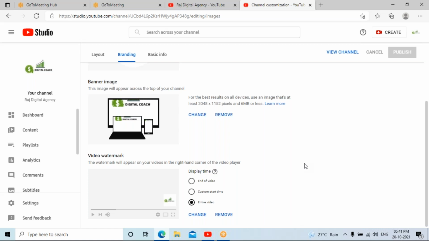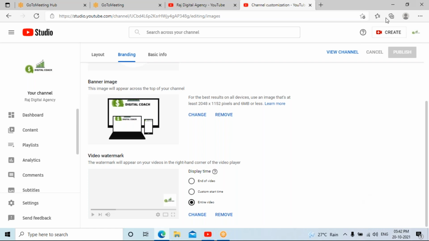And there is a feature called thumbnail, which we are going to discuss after creating the video and uploading it. Okay, so these are the benefits you will get. And also the YouTube live option will be available only if it is a verified account. These are the basic features you get when you verify your account.